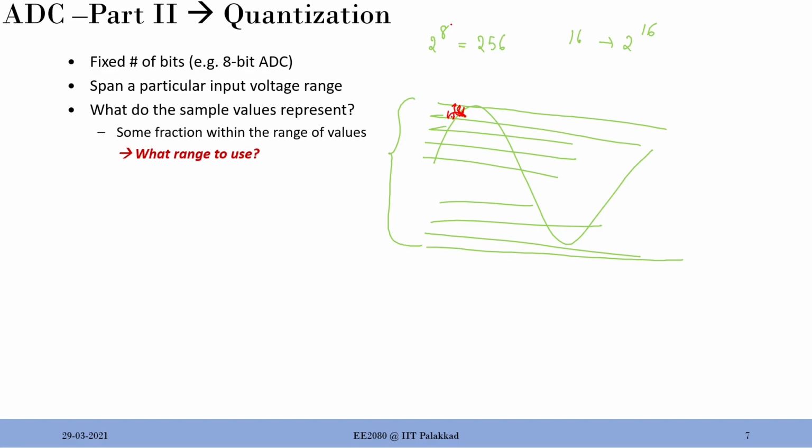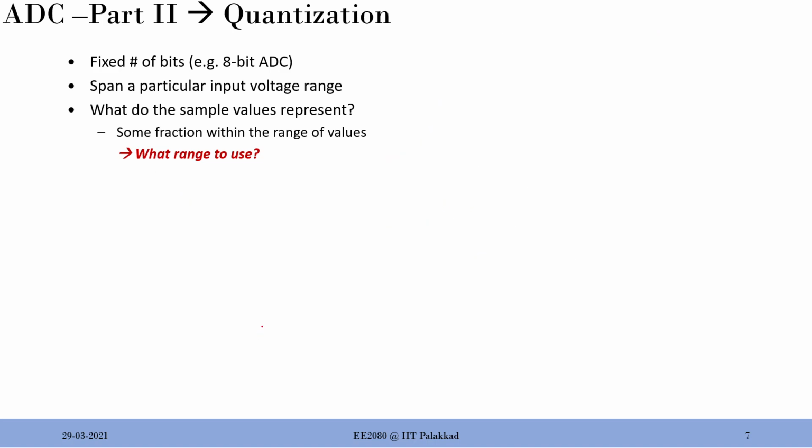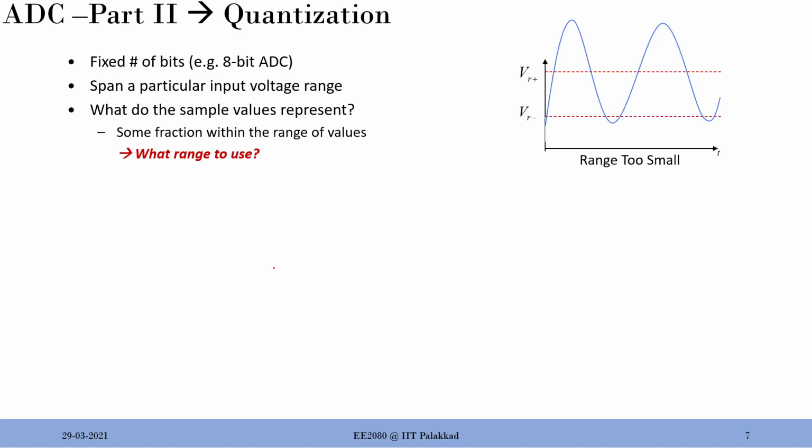So that's the idea. We'll start with what is that range, what is the span of the ADC. So what is the voltage range that you should map to? You may have an input voltage range going from minus 30 to plus 30 volt, but your digital system will have only maybe minus 5 to 5 or 0 to 5 or 0 to 3.3, one of these ranges, right? So how shall I map this input range to the output range? What is the best? If you consider something like this, where your original analog signal is blue color, and I choose a mapping range something like this, then this is not going to help because it's too small.